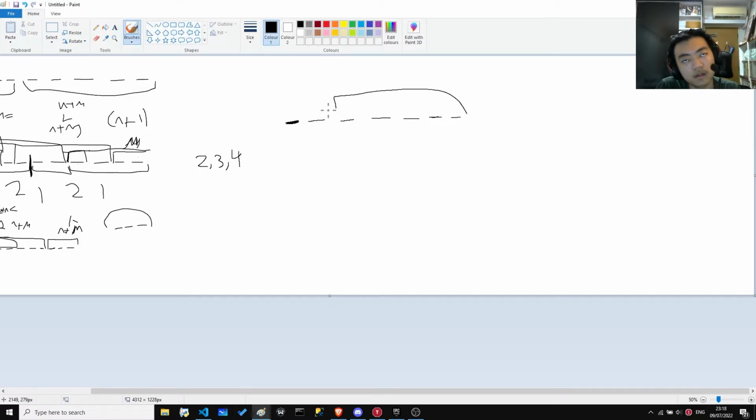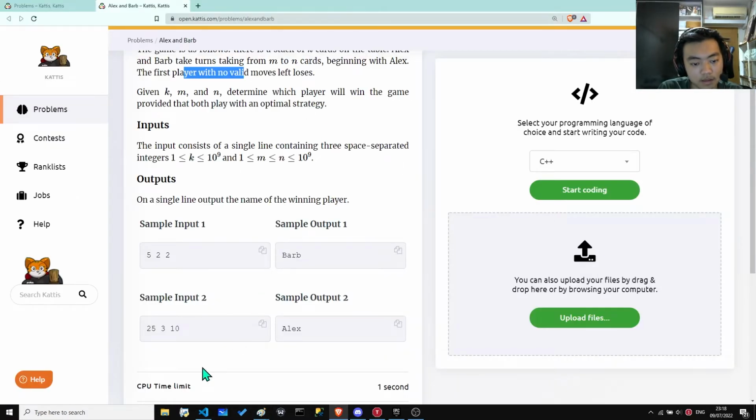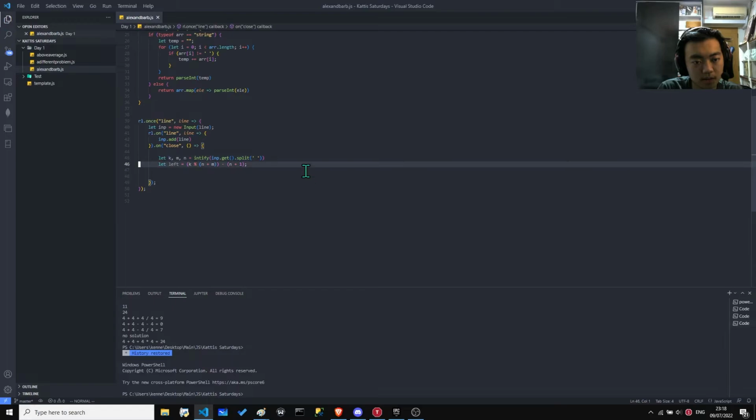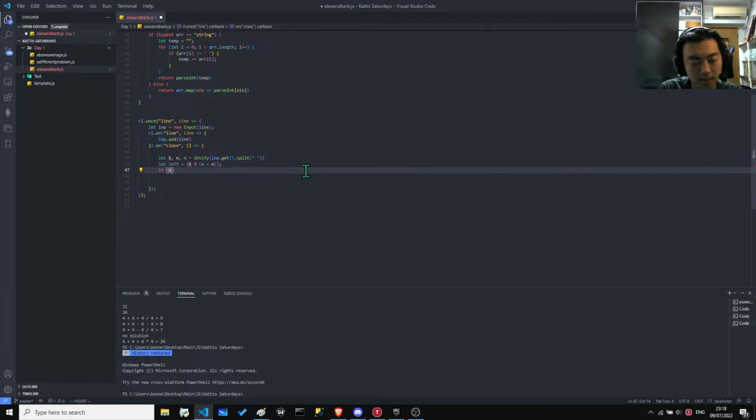Or rather, it should be n plus m, not n plus 1, right? So it needs to divide by 6. And can he play the 1? Can they play the 1? No, they can't, so they lose. If k is greater than or equal to m and k is less than or equal to m,